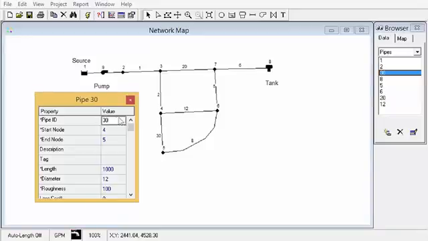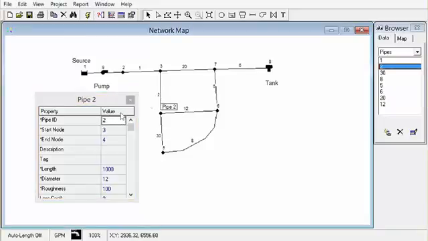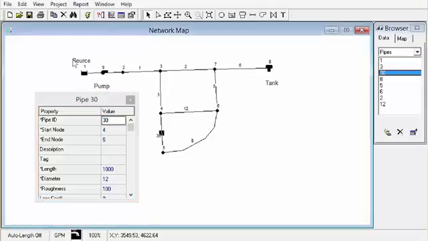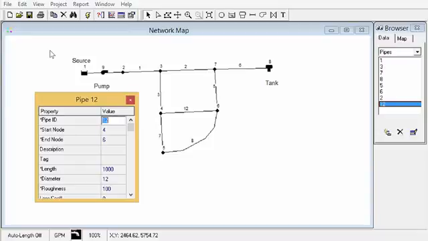Now we can start changing some of the other ones. This one's 7. This one is supposed to be 4. Okay, now that we've got all the pipes with the correct ID according to the Quick Start user guide,